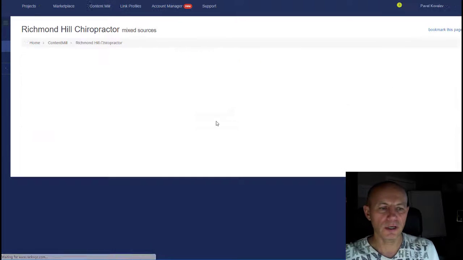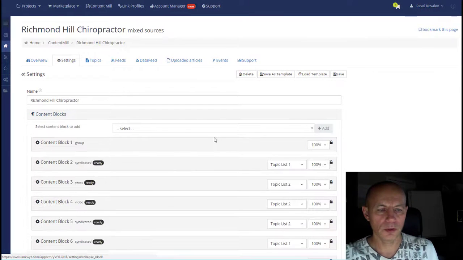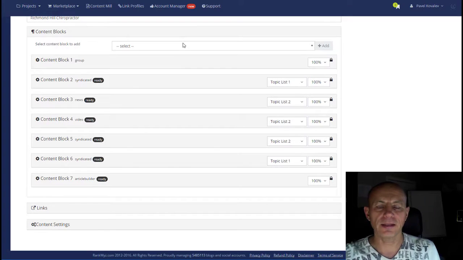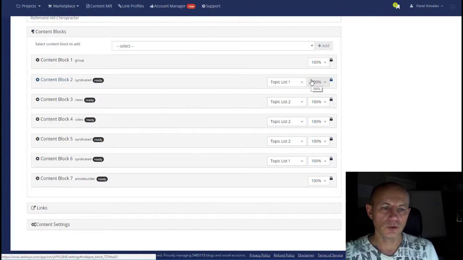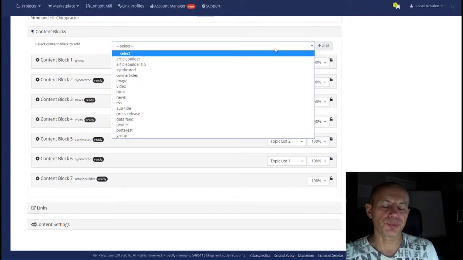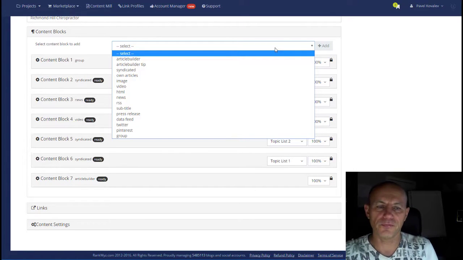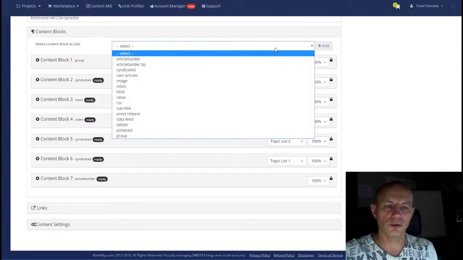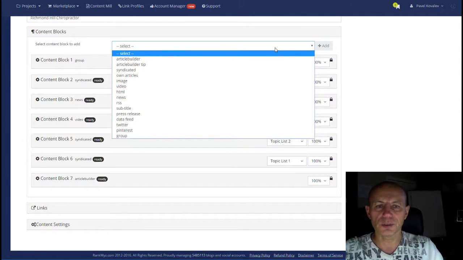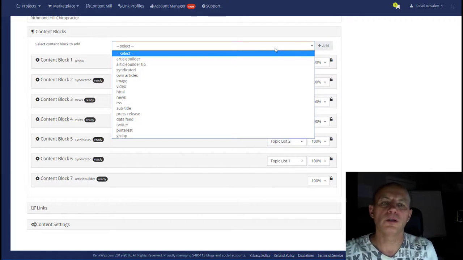Going back to settings and blocks, you can see that I can add more blocks, or I can modify existing blocks. Content blocks represent different content sources. A while ago it was a growing list of different types of data sources, like syndicated or article builder. Then we completely redid the whole architecture and allowed you to combine the template of different data